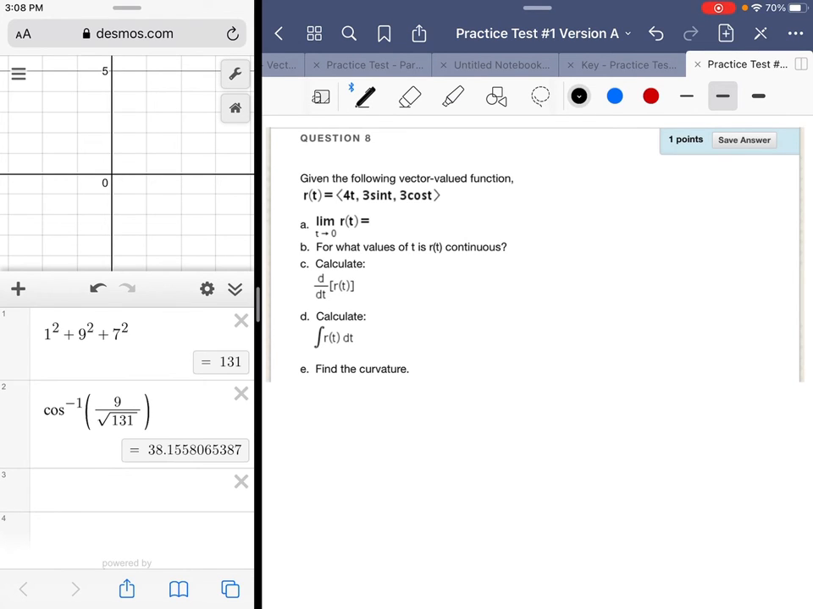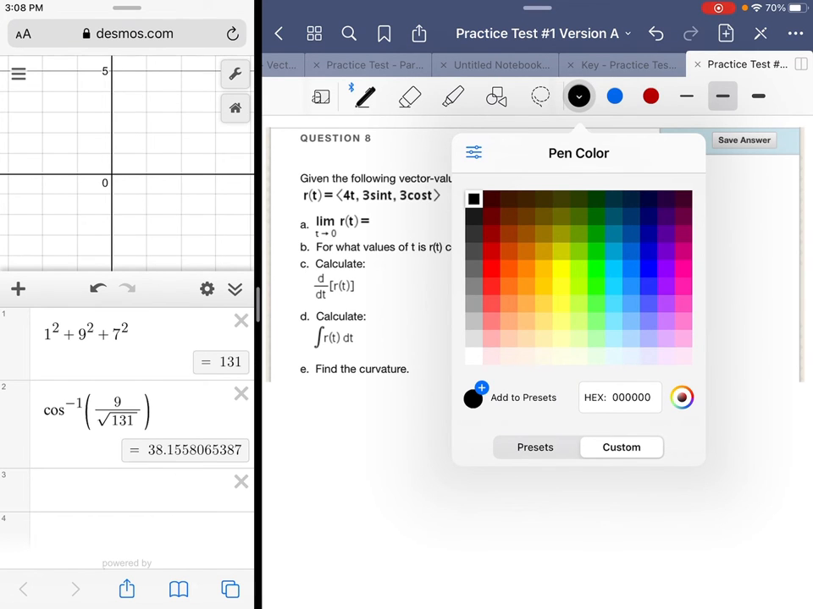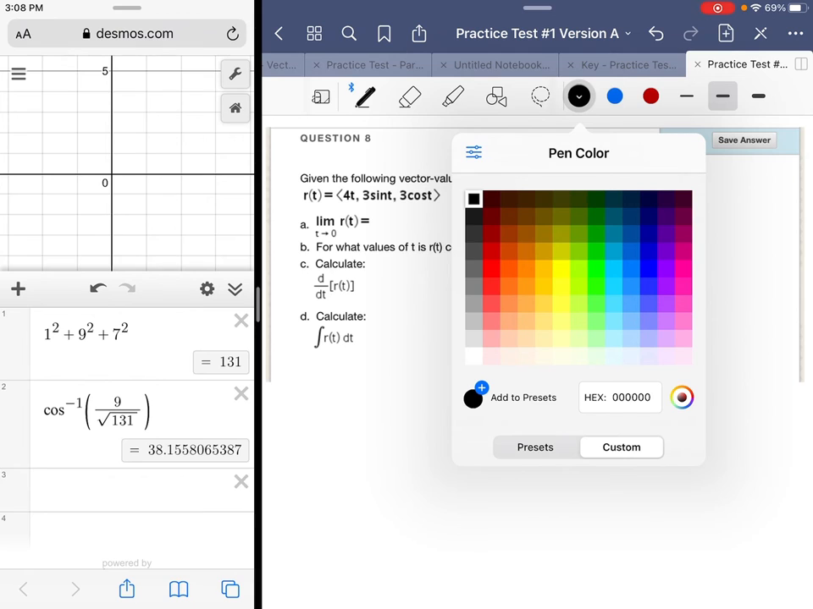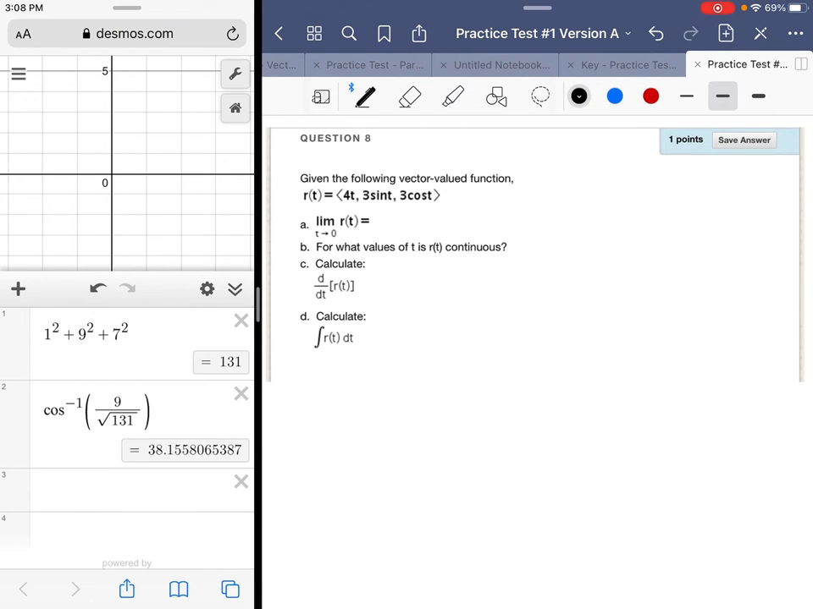So number 8, we're asked to do a variety of things. Derivative, limit, derivative, antiderivative. The one thing we're not going to worry about for this test is the curvature, so I'm going to squeeze that one out of there. There you go. Goodbye, curvature. Get you in Unit 2. All right, so for Part A,